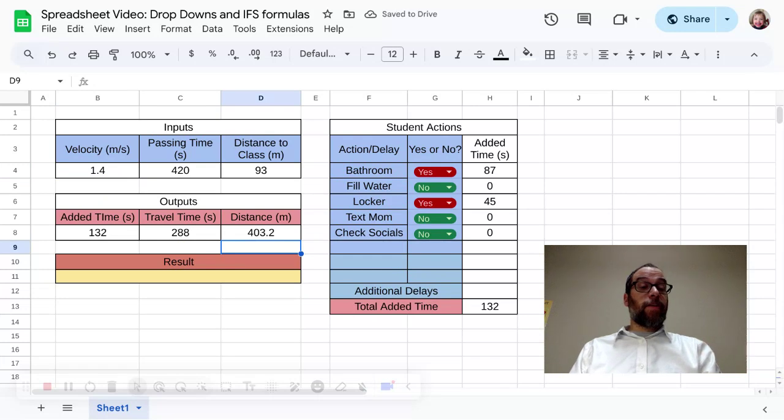So in this scenario, okay, it says they can travel 403 meters at that velocity given the time they have, which is easily enough to make it to class on time. Okay? Pretty simple. Now, we want the spreadsheet to actually tell us, based upon the numbers that come up in the outputs and compared to the numbers that we have in the inputs, whether or not the student's going to